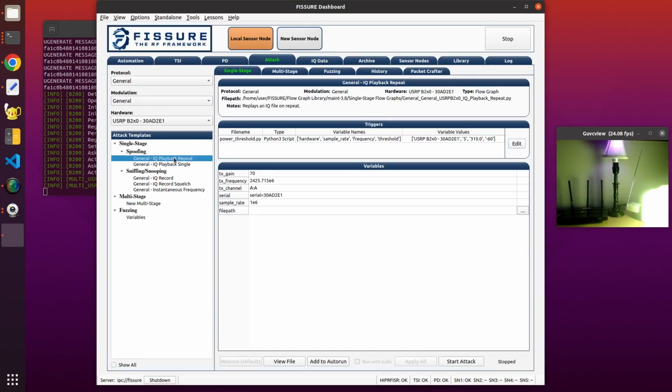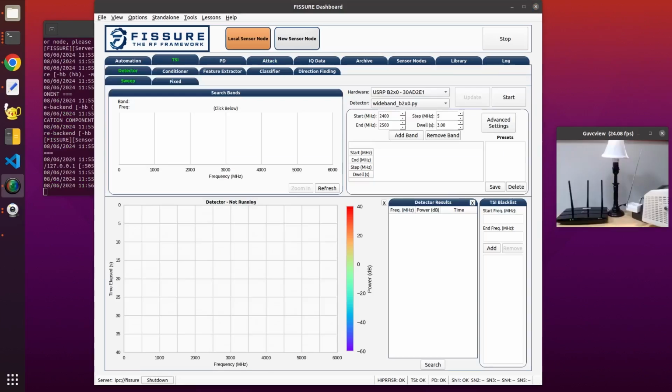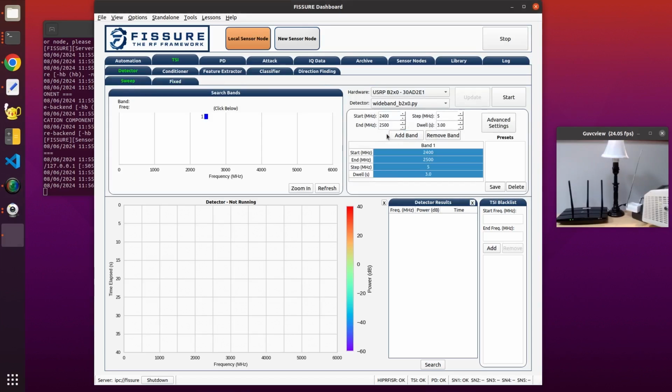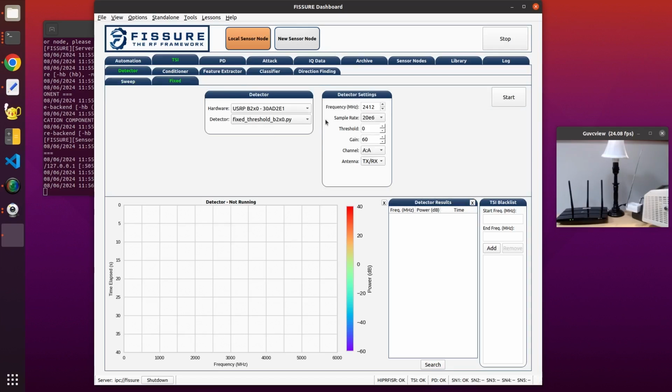So we've added these general IQ playback attacks. So if you want to load that file in, you can add it to a playlist. Just general replay. Let's go over the TSI tab really quick. So these new tabs up here were added recently, and there's a lot more functionality added. As usual, you can add different bands, scan for signals. We're just looking for frequency, power, and time. You can tune to a specific frequency. Like if I want to tune to 310,